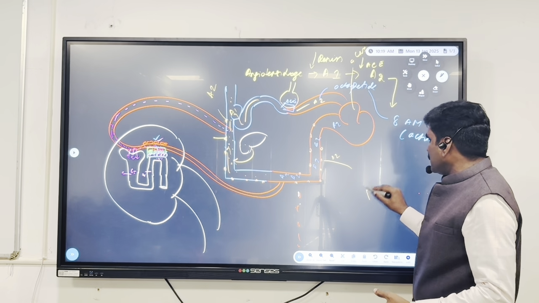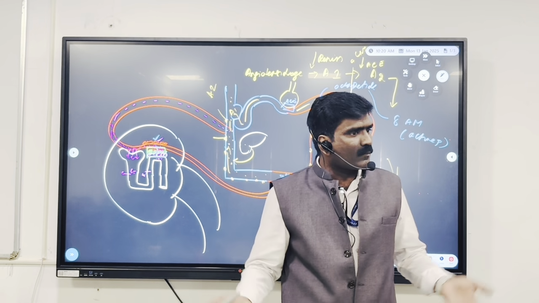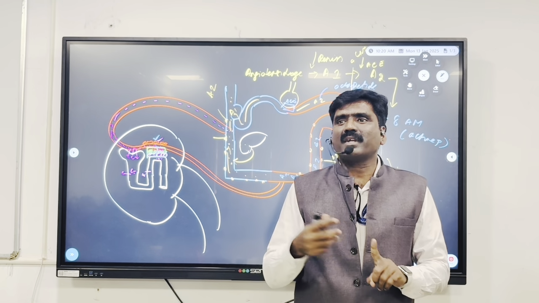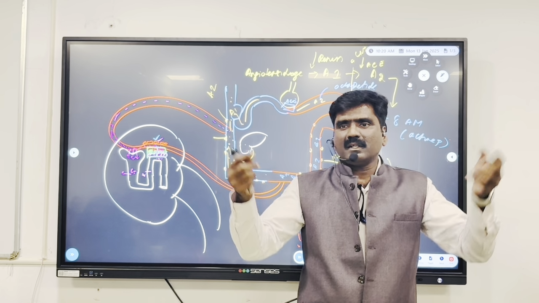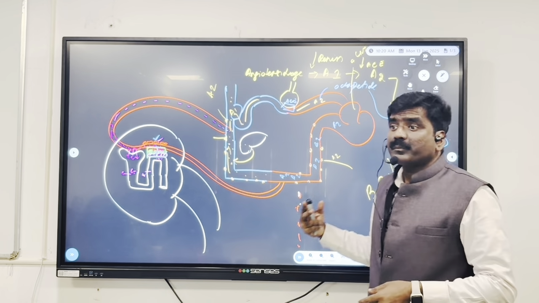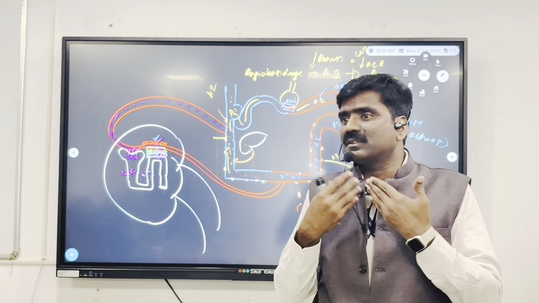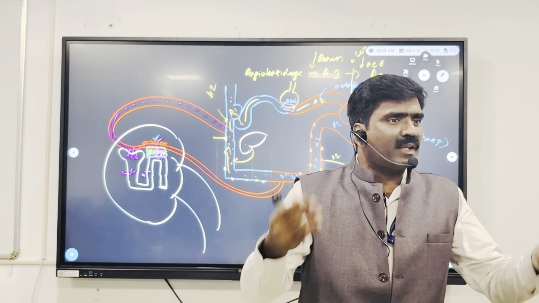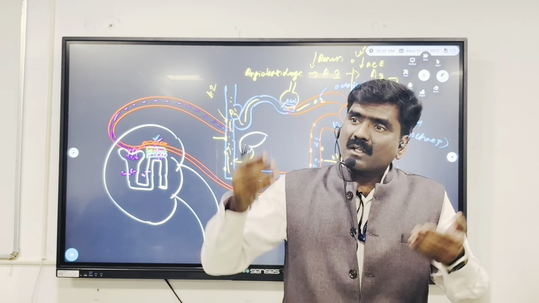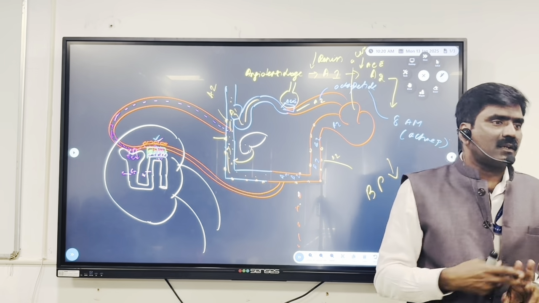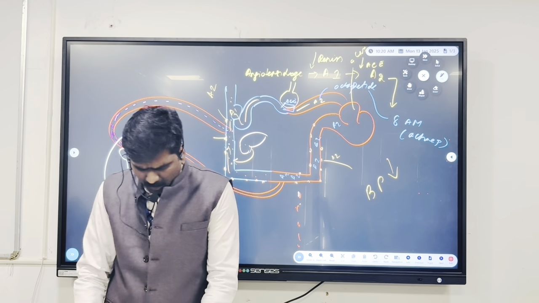We are discussing initially the blood pressure has gone down. So our body is trying to increase the blood pressure. First, it is trying to constrict the arteries and veins and increase the blood pressure, right? Second step, it is trying to stimulate the hypothalamus, and then it increases the thirst, and then it is trying to increase the blood volume, which in turn increases the venous return, cardiac output, and systolic blood pressure. This is the second attempt. And the third attempt is the body is trying to